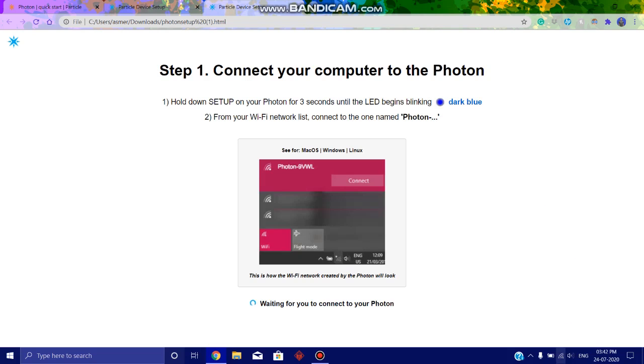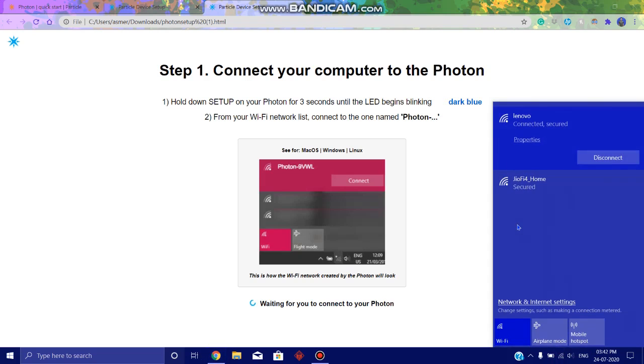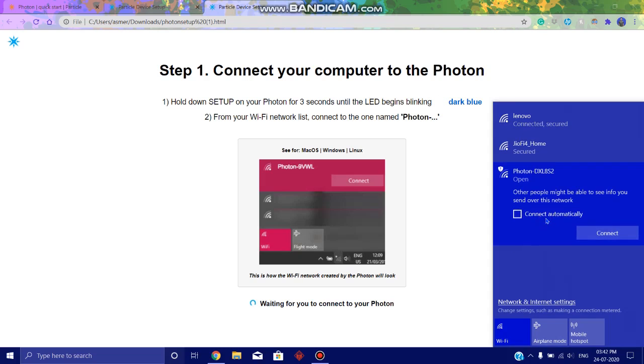Now we will open the Wi-Fi and we will see that there is a Photon, DXL8S2, listed on my computer. The last portion might differ for you. So we will connect to it. So it is connecting.